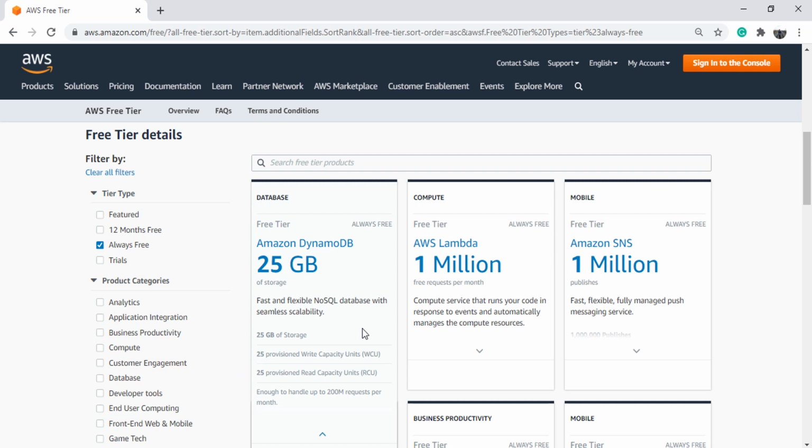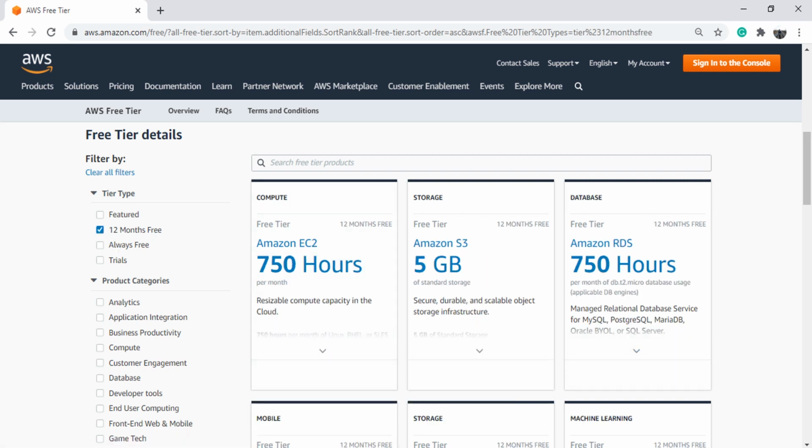Most of the AWS services are charged for read-write operations. But we don't want to get into the details of the read-write capacity at this stage. Just keep that in mind that you must look at the free tier details of the service you want to use and stay under the limits. Now let's quickly look at the 12 months free category. Here it is. So, Amazon EC2 is free for 12 months on a new account.